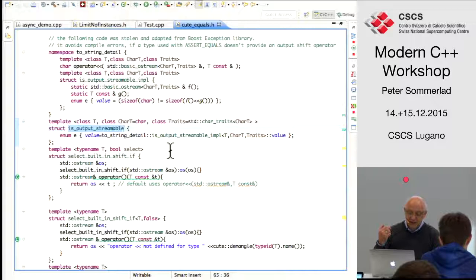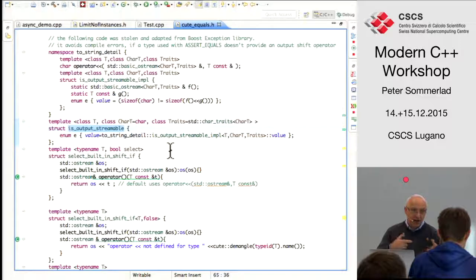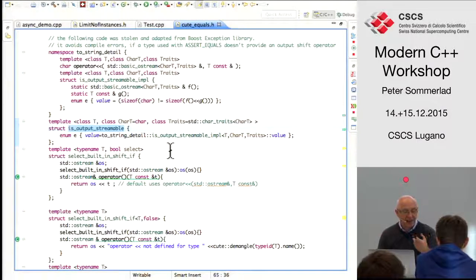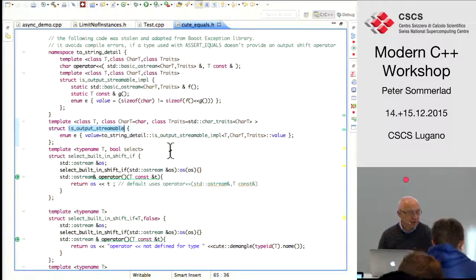And even without concepts, there are a lot of traits like is output streamable that will provide you with the corresponding values in a much simpler way. Like, Mauro, what can we say? Is signed, is unsigned, something you can query a type. Is copy constructible, is signed. Yeah, a lot of traits that allow you, for example, we had this copy thing in our min function or our vector. Then we can say, is copy constructible, and then we know that the type actually provides that information.